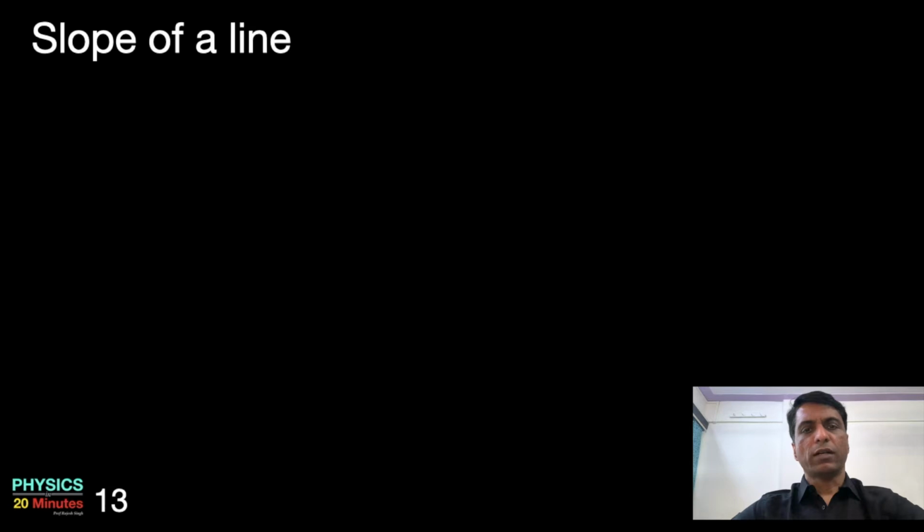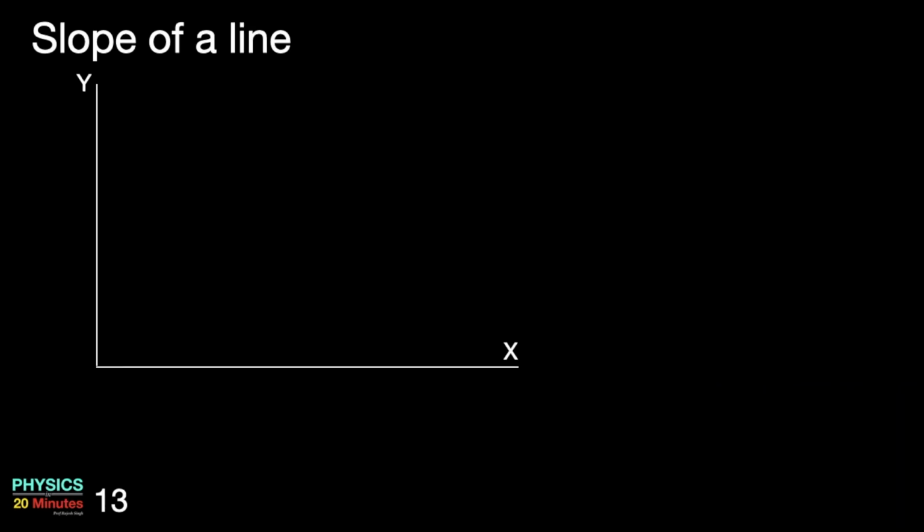We will first look at the slope of a function. Let's have our axis, x and y axis. They are perpendicular to each other. y is a function of x. And let's take a very simple function, a straight line. Now I want to find the slope of this straight line at a point A. Its x coordinate is x and y coordinate is f of x. Since it's a straight line, the slope will be same everywhere.